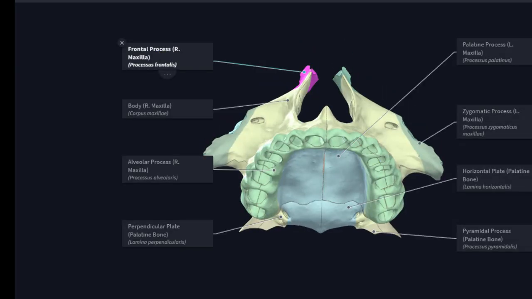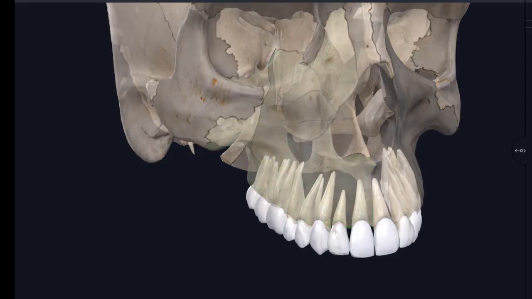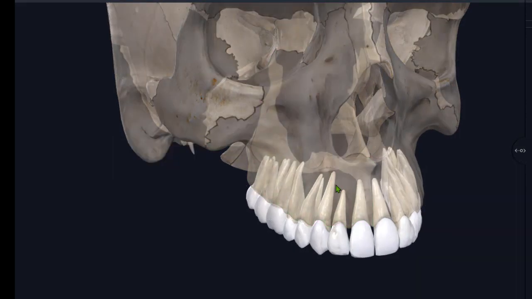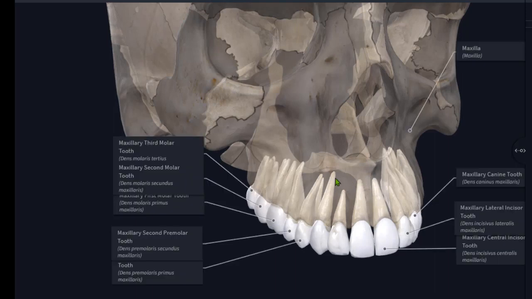Then we will see how the teeth are actually inserted and lodged inside this maxilla. So this is your maxilla whole, and here you will find the nasal bone. The nasal bone articulates with this anterior nasal spine and the crest over here, and this is the nasal notch. Okay, so nasal notch, and this is your alveolar process. These are the tooth sockets.